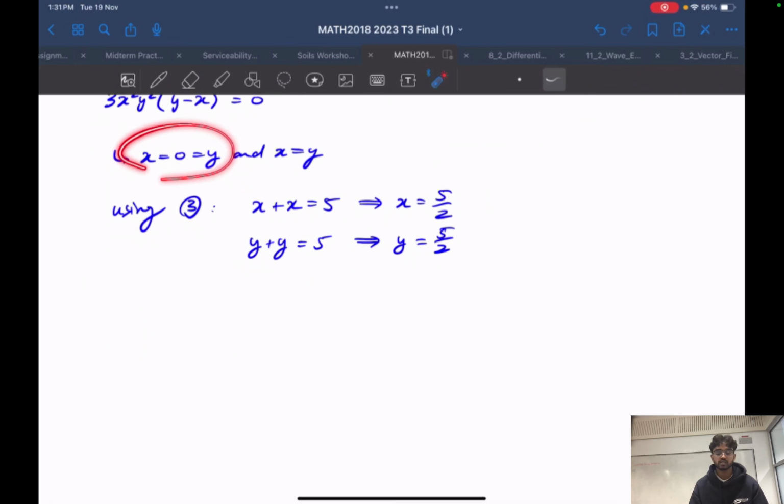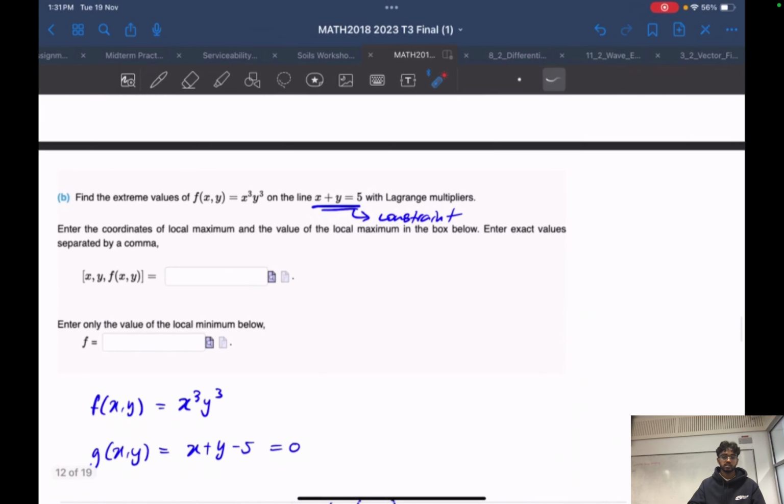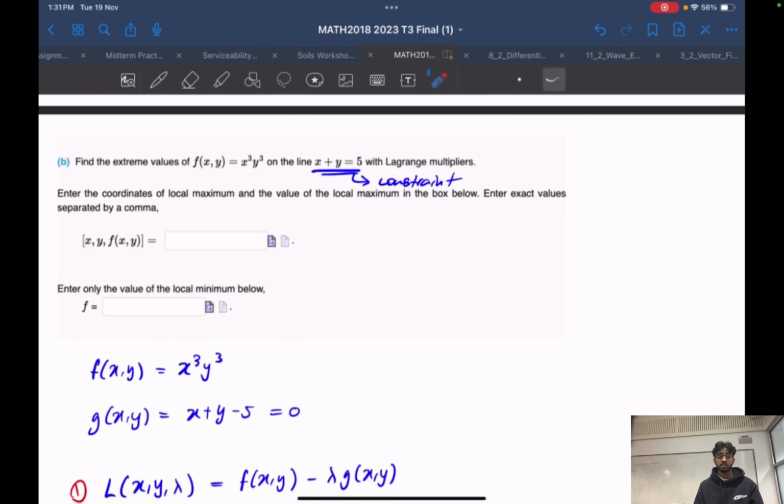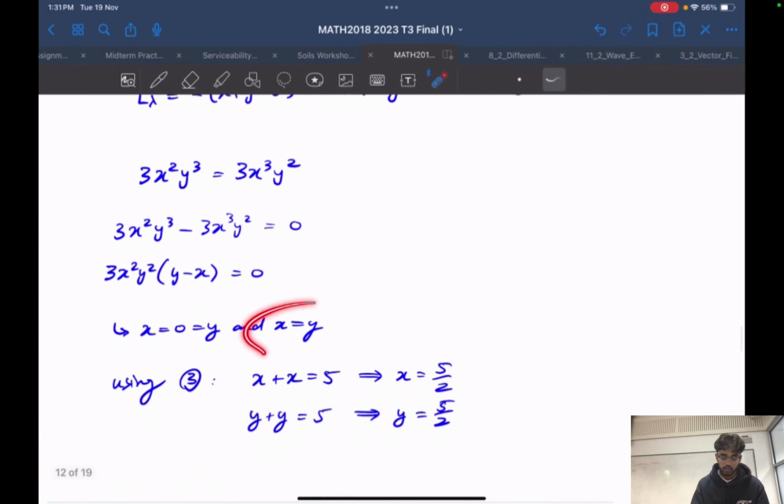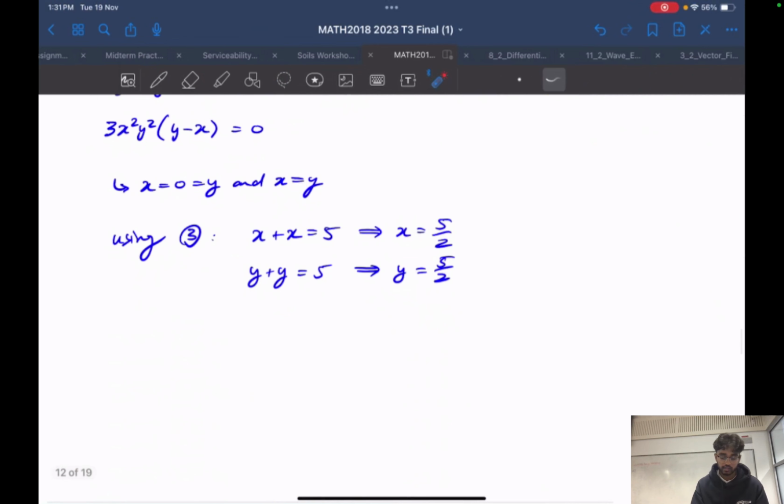So we know there's already one solution at x equals 0 and y equals 0. However, when you sub that into our function f, you get just 0, right? So it could be a maximum, but we're trying to find some other solutions as well, right? So now that we know the solutions for x equals y,